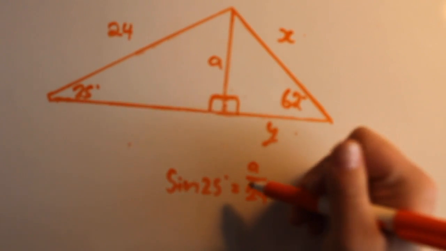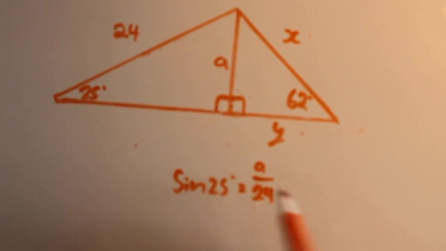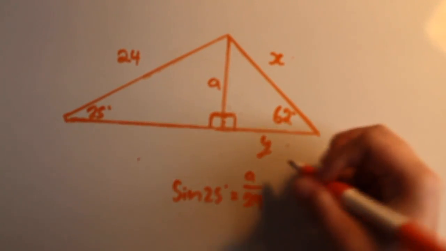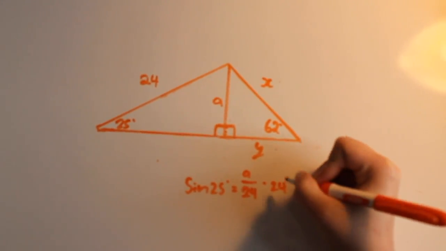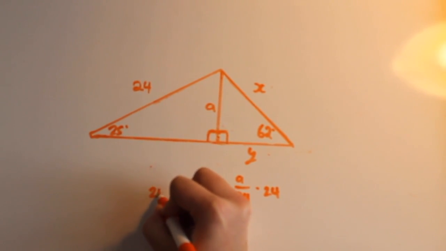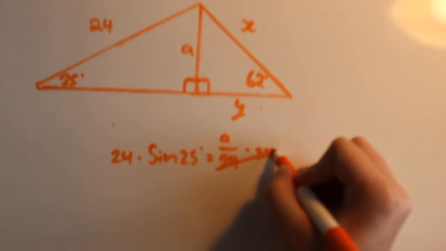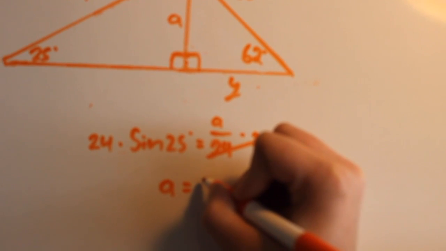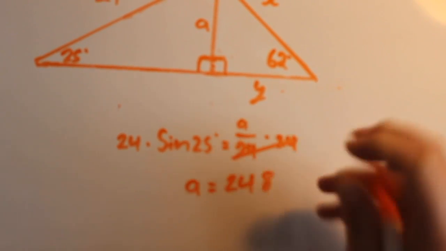Now, we could, for example, just say sine 25 and figure out what this is, but that's a little messy. So what we want to do is get A all by itself and isolate it. We're going to multiply this side by 24 and this side by 24 to get A by itself. So these two cancel each other out, and we're only left with A is equal to 24 sine